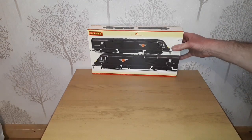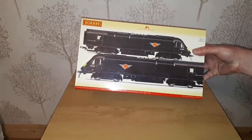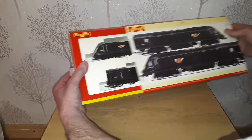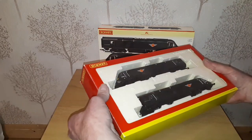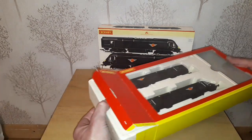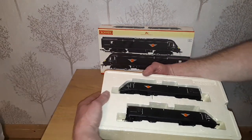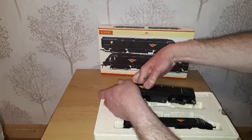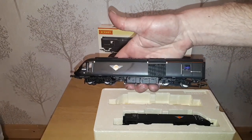This time it's the Grand Central livery and it's R2705X, as in it was a DCC fitted one. Again, mid-release style box, and we'll have a look. And this is one of the rare ones where they've got bumpers fitted. And this is the power car 43080,